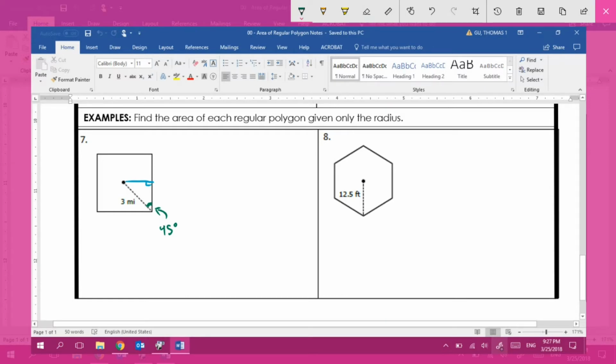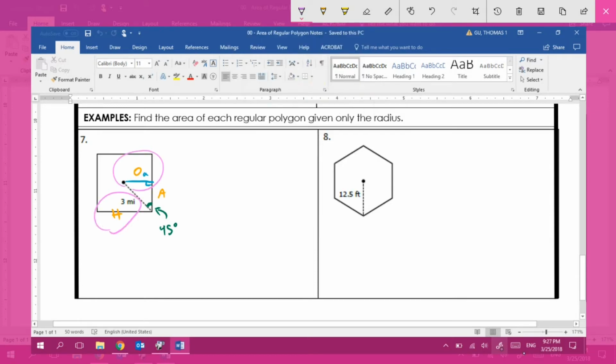Now, all we have to do is label our sides with the opposite, adjacent, hypotenuse. So where's the hypotenuse? That's going to be the 3. Where's the opposite? That's going to be over here, the unknown side. And where's my adjacent? Over here. So first, let's look for the apothem. I'm going to label that with a small a. Which sides can I use to find the apothem? I can use the opposite side